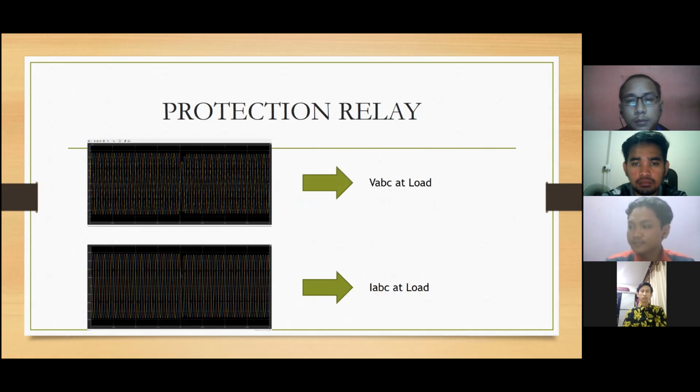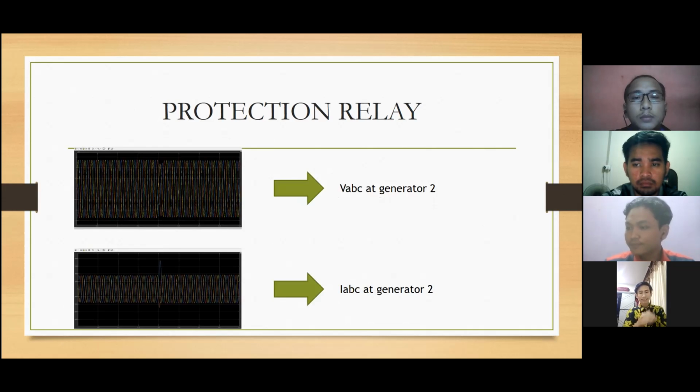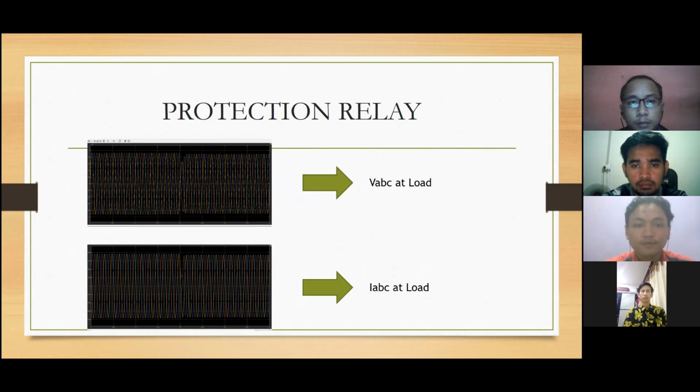For the voltage ABC at generator 2, it will be normalized back after the fault in the generator, and the same for the current at generator 2. Generator 2 and the load LD run normally, where the waveforms for IABC and VABC are in stable equilibrium after 0.2 seconds. Lastly, as a consequence, the transient state stability limit of the system is increased significantly. Long-term destruction to the devices is resisted.